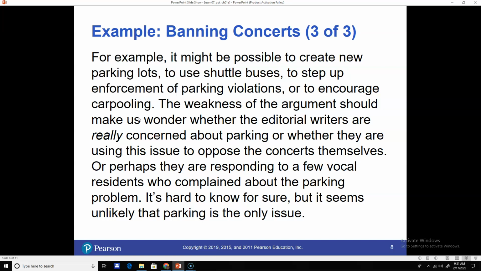The weakness of the argument should make us wonder whether the writers are really concerned about parking or whether they're using it to oppose themselves. So it would be,